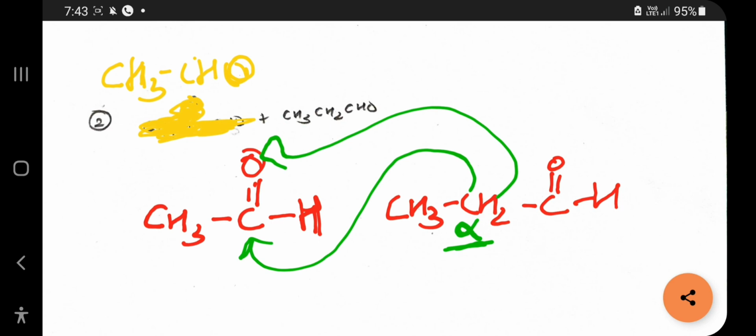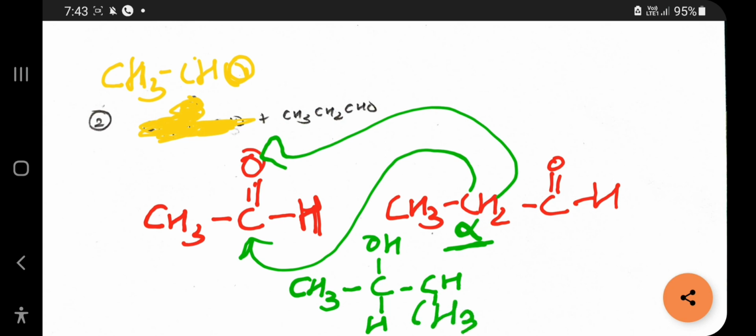So you will obtain CH3, COH, H, CH, CH3, C double bond OH. So now we have obtained the product with the alpha carbonyl compound. This is beta carbonyl compound, alpha, beta. This is also beta. Beta is near alpha. Alpha means the carbon near to the carbonyl compound. This is alpha carbon. So this is a beta carbonyl compound.